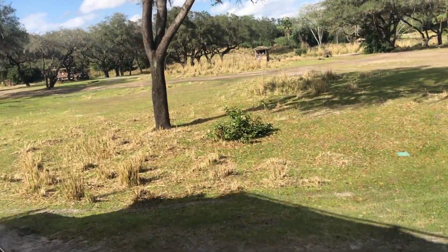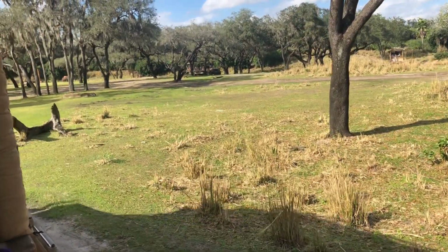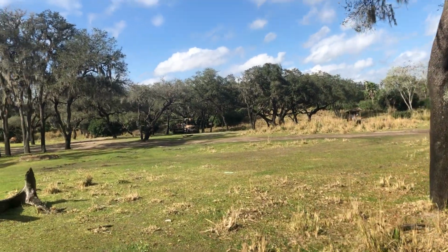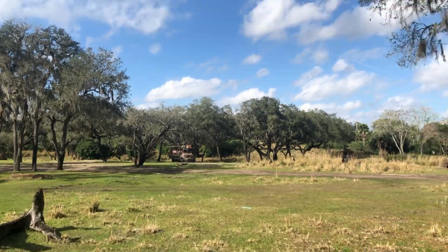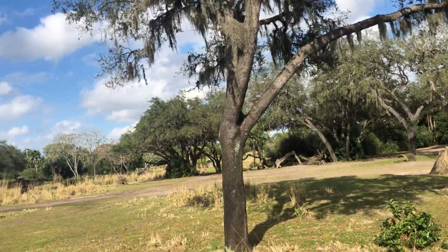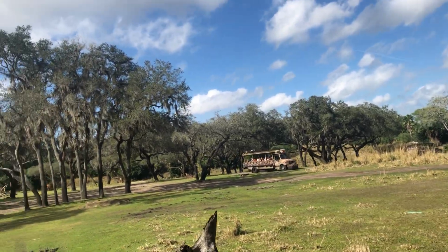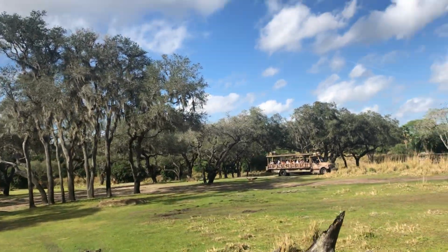As we make our way down here, you may be seeing a lot of animals like giraffes and white-bearded wildebeest, even some Ankole cattle. There's also some antelopes all the way in the distance, so don't worry, we are going to travel around to get as close as we can to some of these friends. Now the first ones it looks like we're going to be passing by are a lot of the